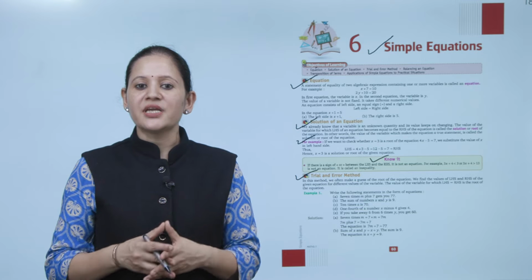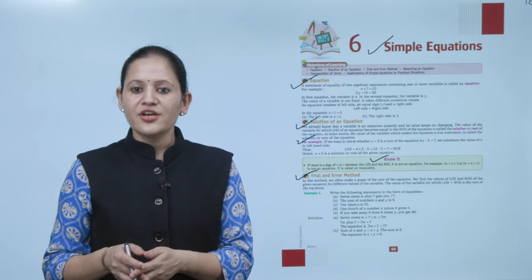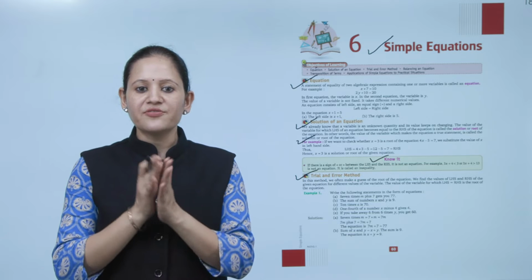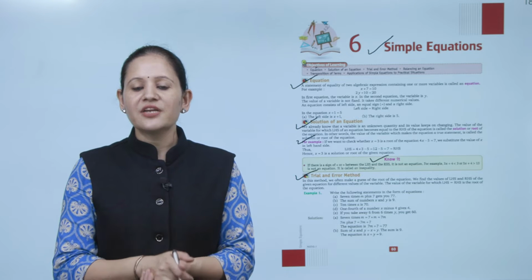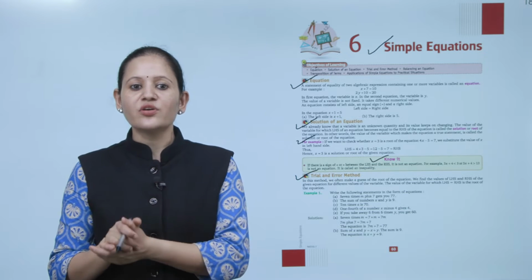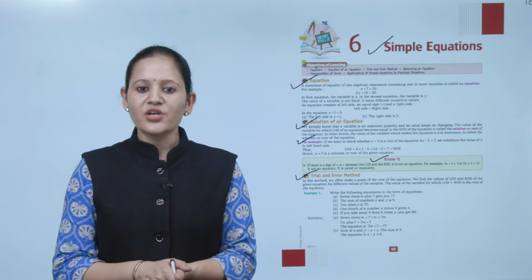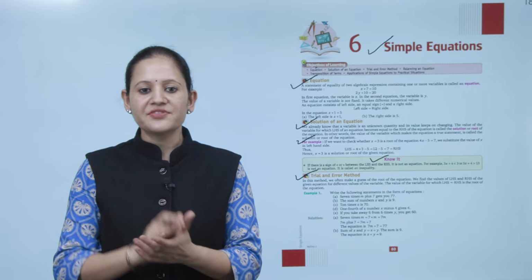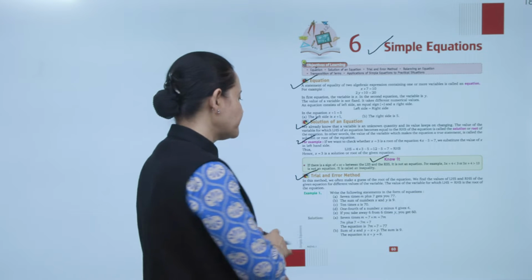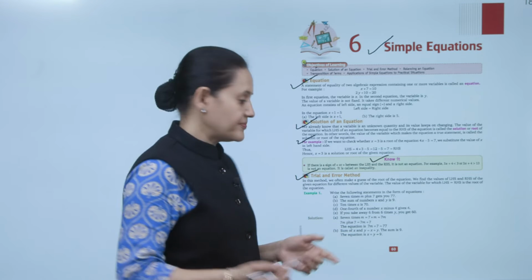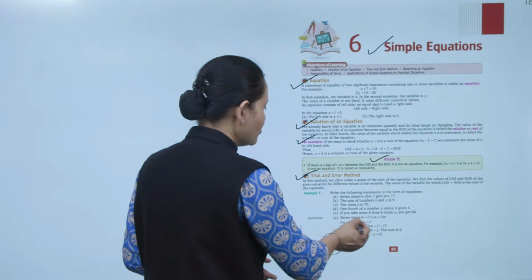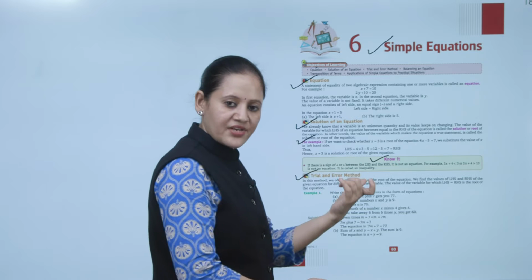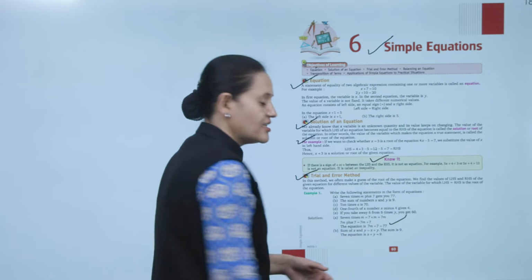In this method, we often make a guess of the root of the equation. We find the values of left hand side and right hand side of a given equation for different values of the variable. The value of the variable for which left hand side equals right hand side is the root of the equation. For example, write the following statement in the form of an equation. 7 times m plus 7 gets 77. So, 7 times m, that is 7m, plus 7 equals 77. So the equation will be 7m plus 7 equals 77.